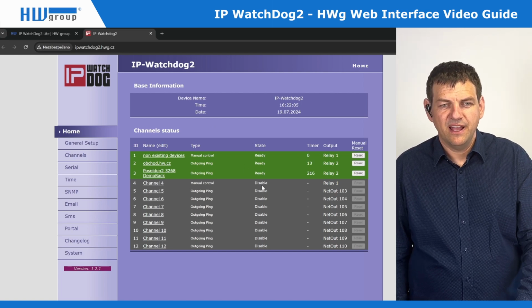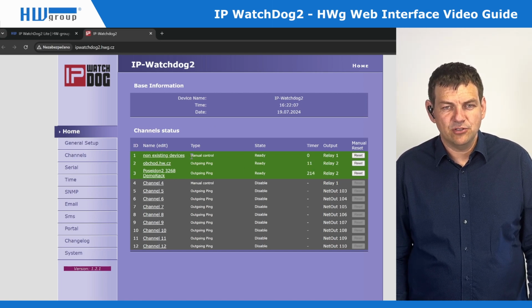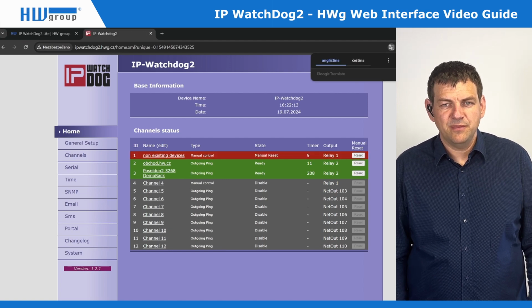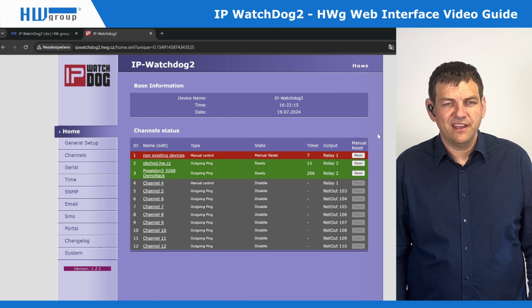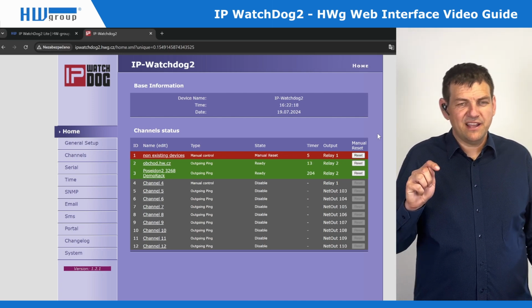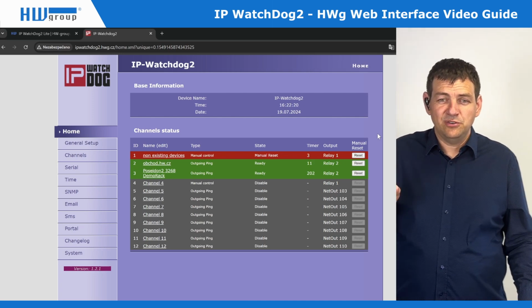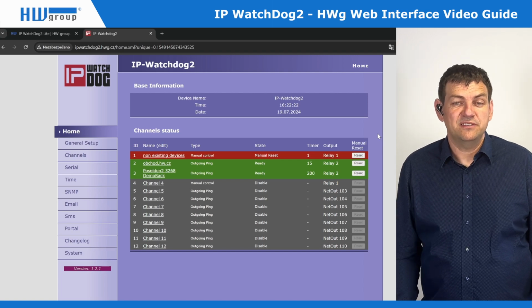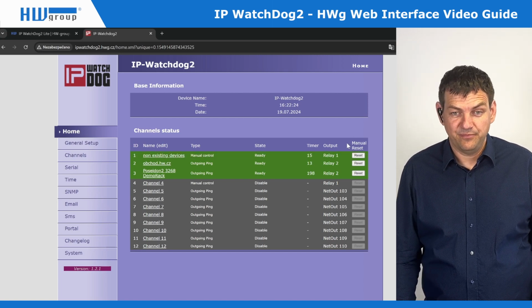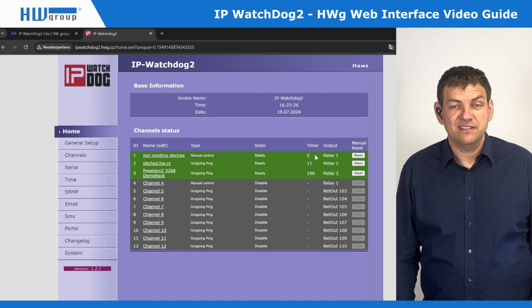First, let's start with the main page. On this page, you can reset each output. You have a manual reset here, and by this manual reset, you click and reset something. So click and reset is on the main page. You just have to log in if there is a password, and it can be required. And there is a timer showing how long it takes until it's ready again.